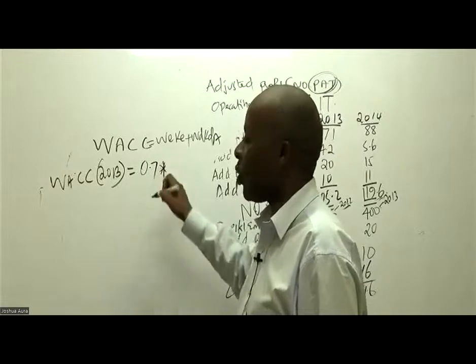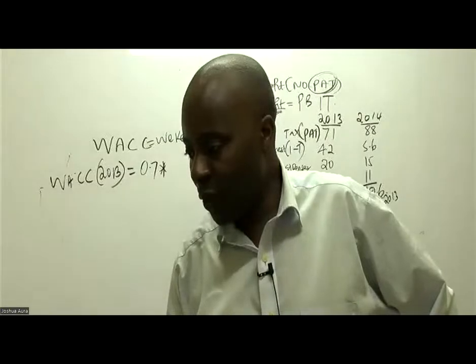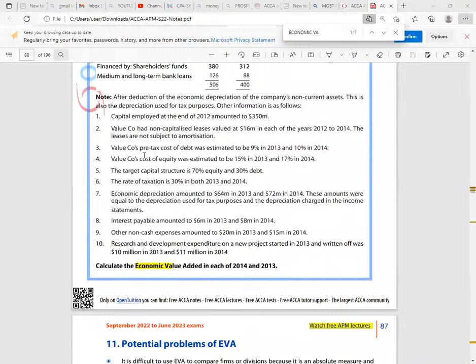So have they given me the cost of equity? Yes, cost of equity is given, somewhere here. Note 3: the company's pre-tax cost of debt was estimated at 9% in 2013 and 10% in 2014. No worries, that is Kd. And then the company's cost of equity in 2013 was 15%. So 15% in 2013, plus the weight of debt, you've just told me it is 0.3, times the cost of debt in